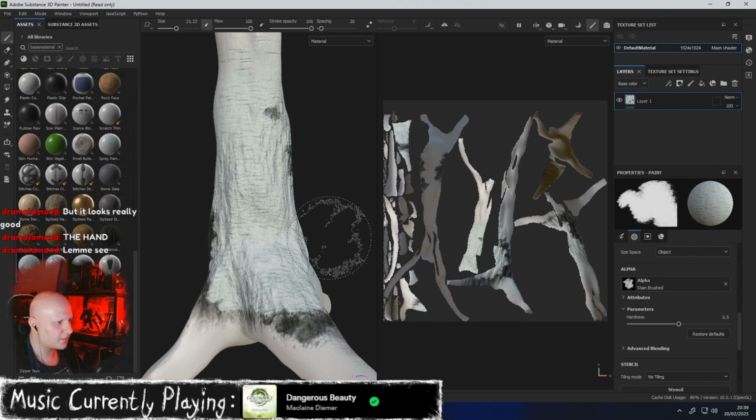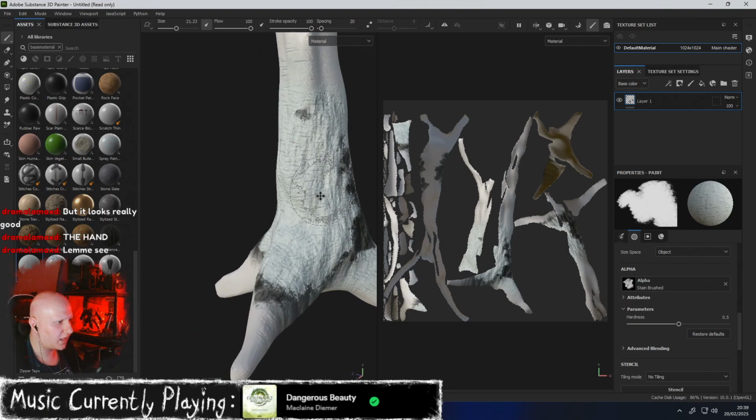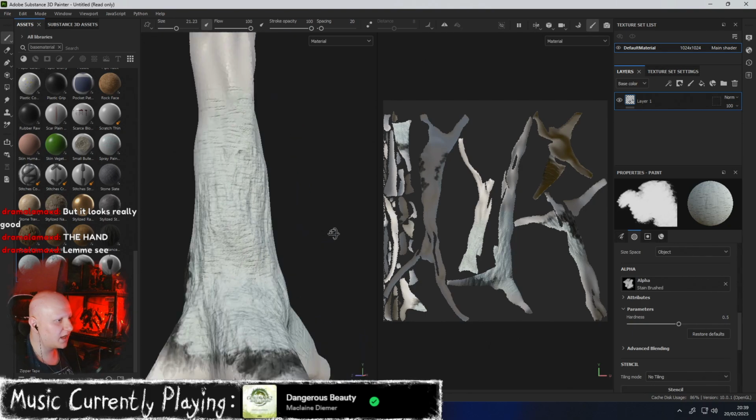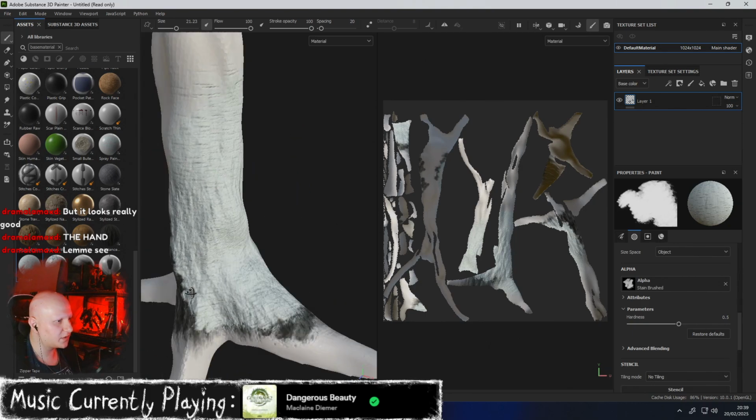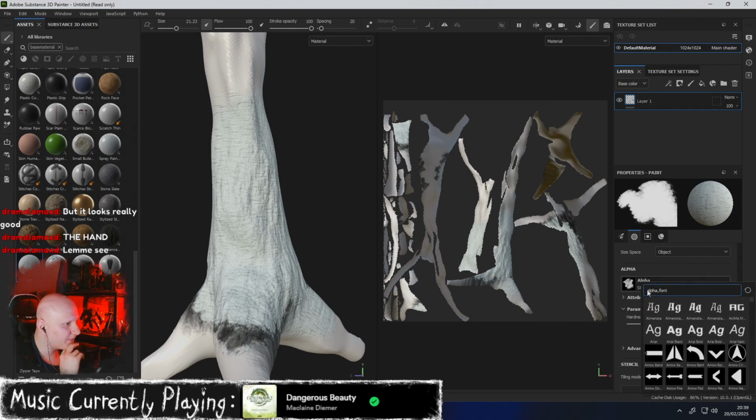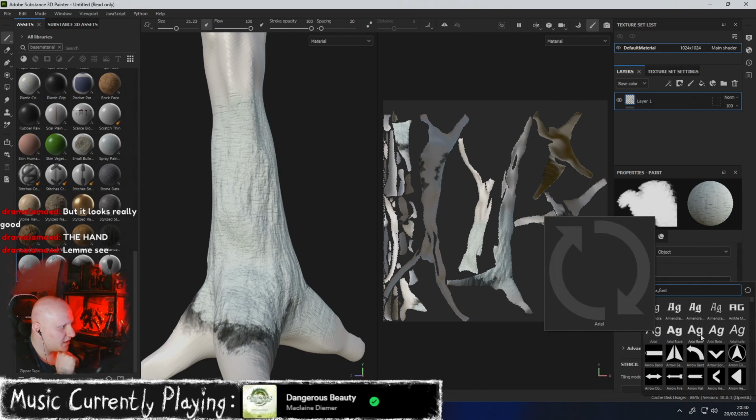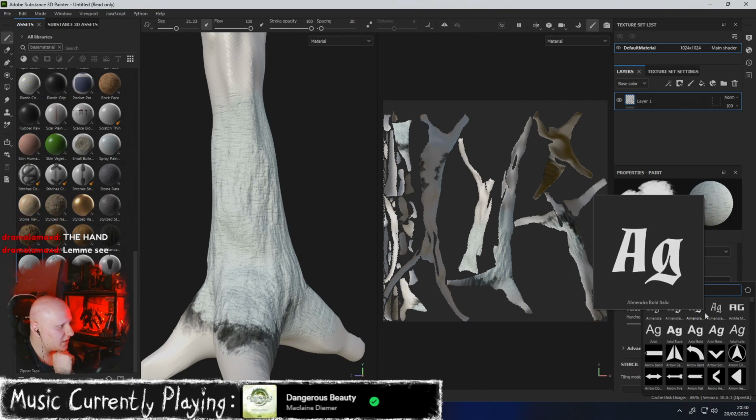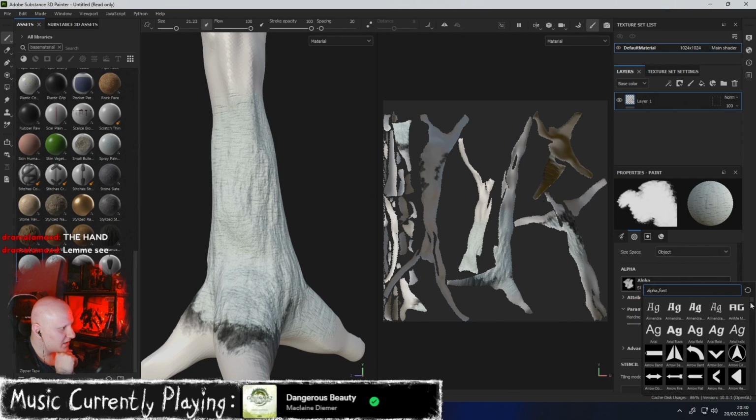I will... words are hard. I will have to mess around a bit more with the white birch material, and yeah, not entirely happy just yet, but I'll get there at some point. But yeah,